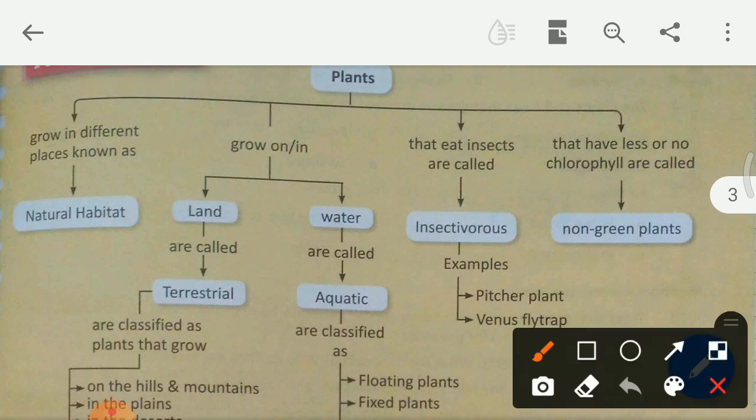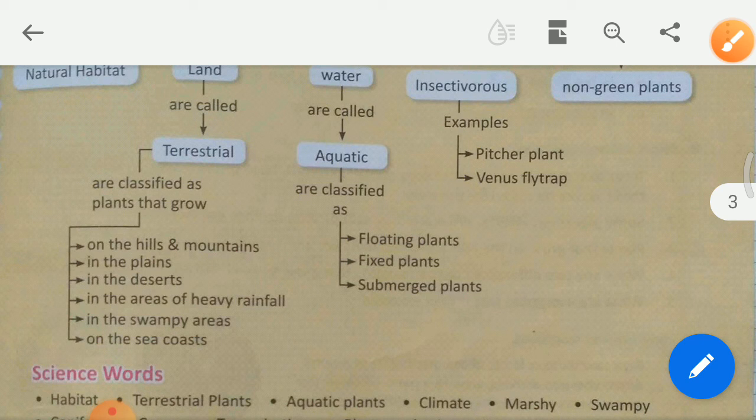And the next one, plants that eat insects are called insectivorous plants. The examples of insectivorous plants are pitcher plant and Venus flytrap. And plants that have less or no chlorophyll are called non-green plants. So these things I discussed in this chapter,